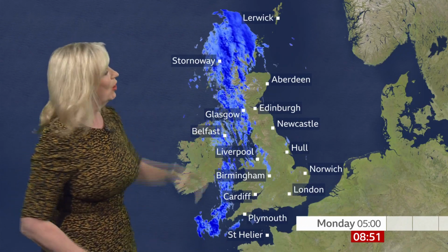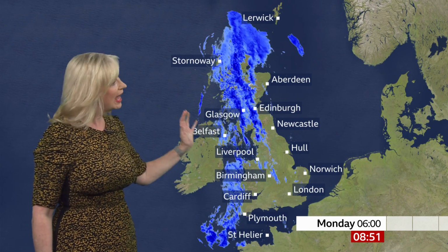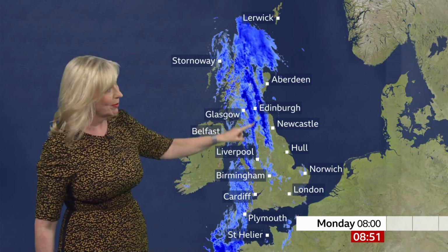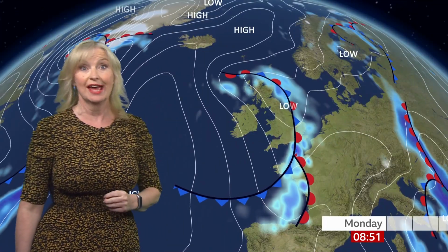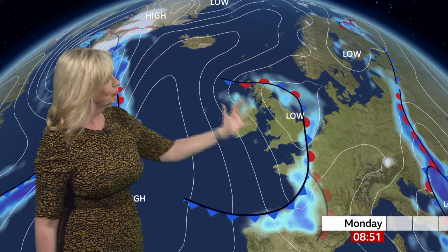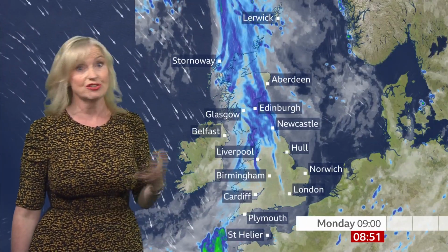fairly cloudy. Already we've been watching the rain in northern and western areas gathering and pushing steadily eastwards. This is the band, and in fact the one behind it as well, that is particularly heavy currently. Weather fronts moving from the west towards the east. We're dominated by low pressure. We've got a brisk northwesterly wind. In fact, with exposure, we could well see gusts around the Outer Hebrides, for example, of 50 miles an hour